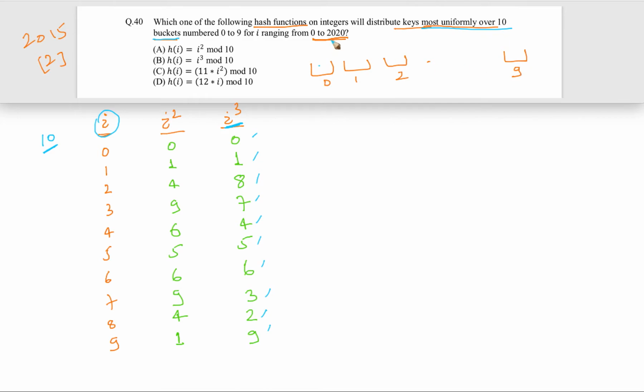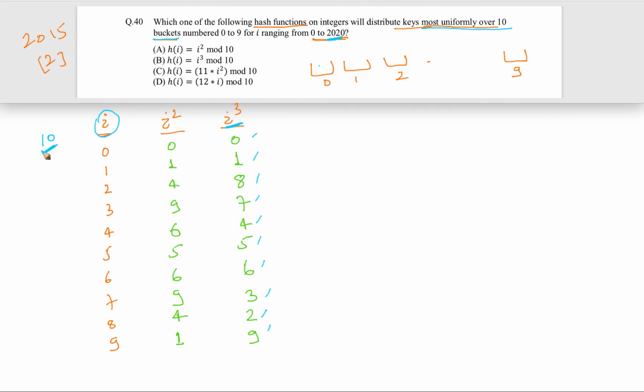So what about this 2020? See, basically for 10 we have seen, right? So the next 10 will also have the same last digits, and we can know their last characters. So definitely 2020 is again a multiple of 10.